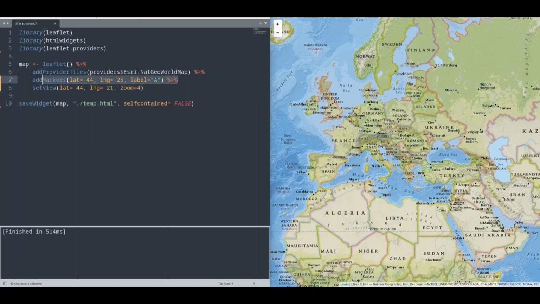I'm going to add one more marker like this, just with latitude 47 and longitude 21. We are going to change the label to B, and now I'm going to create one line,